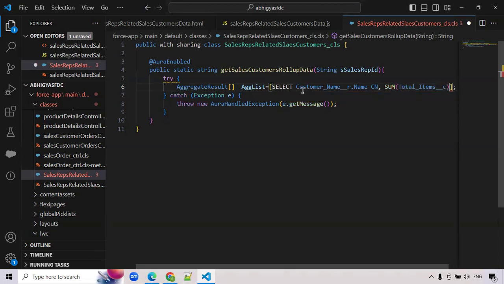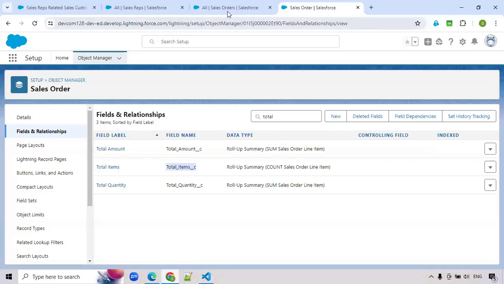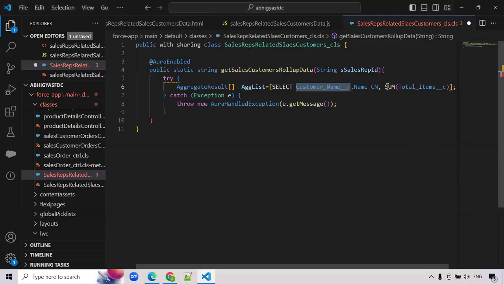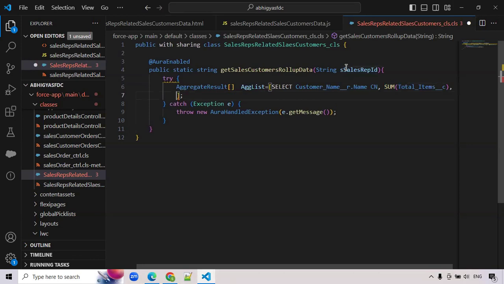For example, Vignan Technology is one customer. For this customer, all total items: we sum 2 plus 2 plus 2, 6, 7 and 8. The total items is 8, right? This is the summarizing purpose. We have to take the sum of the total items, comma, and likewise the sum of